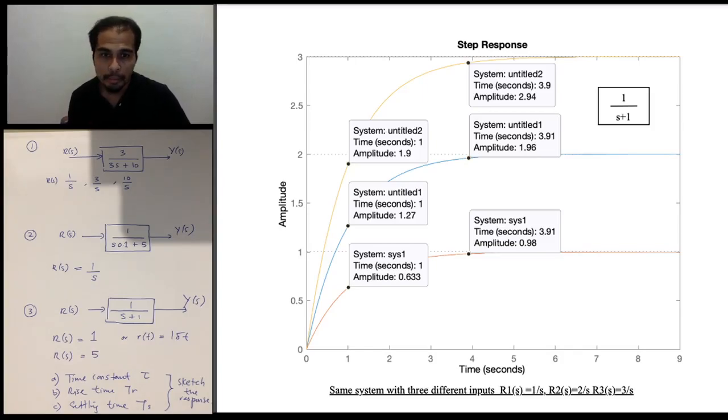So I think we finished the first order system. So the next one I will start with second order system. All right. So make sure you